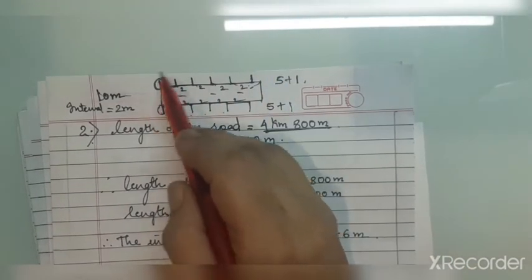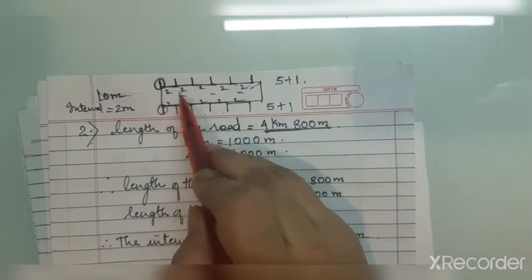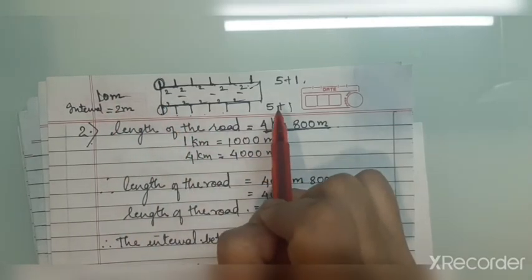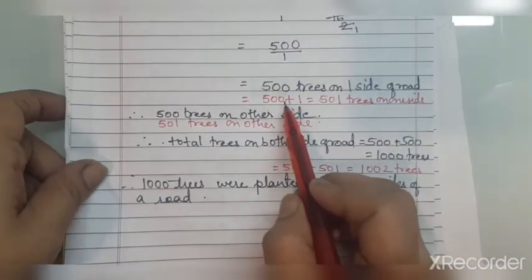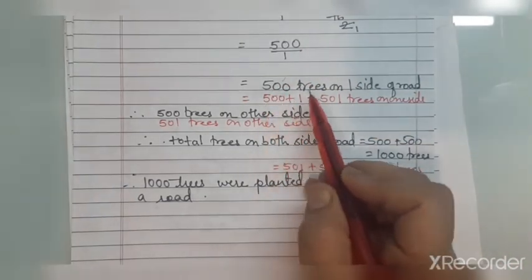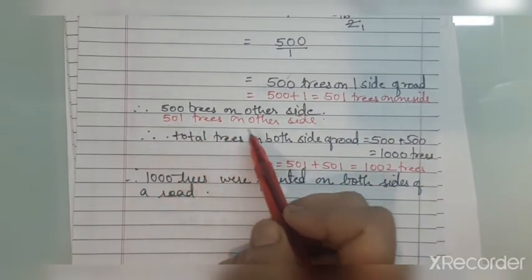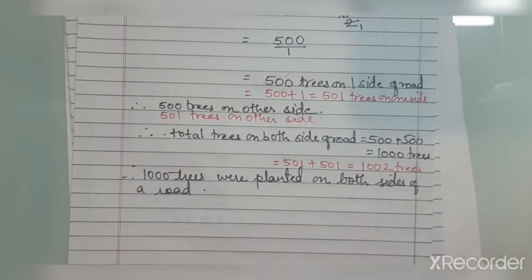And why plus 1? I explained to you that we failed to count the first tree, and therefore we are just counting the intervals and then the trees, but the first tree we lack counting, and with a small example I have shown you this. So if you want to write the answer 1002, then from here you will change the answer. When you get the division as 500, you will write 500 plus 1 is equal to 501 trees on one side and 501 trees on the other side. Okay, and therefore the total will be 501 plus 501, which is equal to 1002 trees. Clear, children?